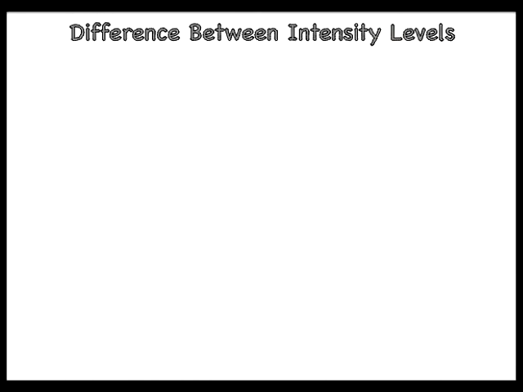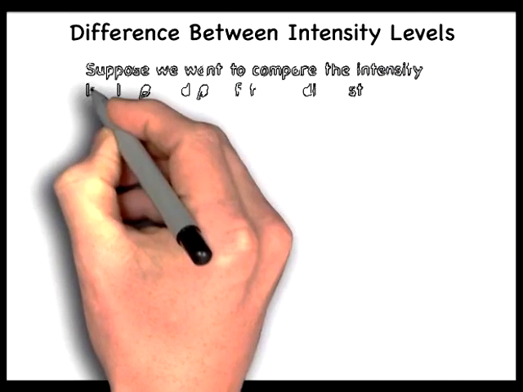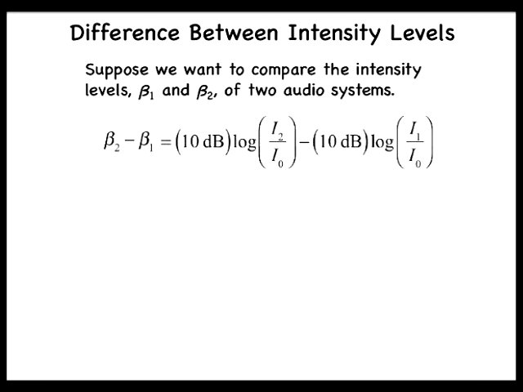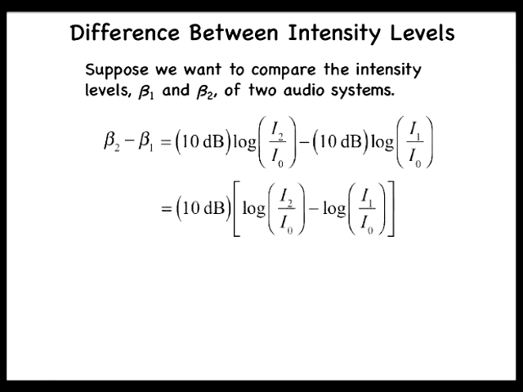Now suppose we want to compare the intensity levels of two different sources, perhaps audio systems, with intensity levels beta 1 and beta 2. The difference, beta 2 minus beta 1, is given by 10 dB times the log of I2 divided by I0 minus 10 dB times the log of I1 divided by I0. This is equal to 10 dB times the log of I2 divided by I0 minus the log of I1 divided by I0. A difference in logs results in the log of the ratio, so this equals 10 dB times the log